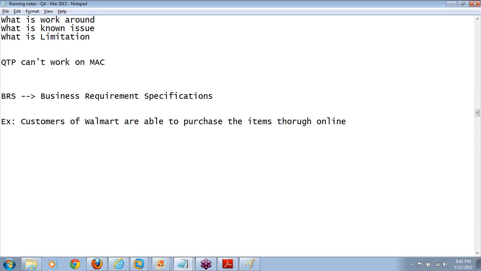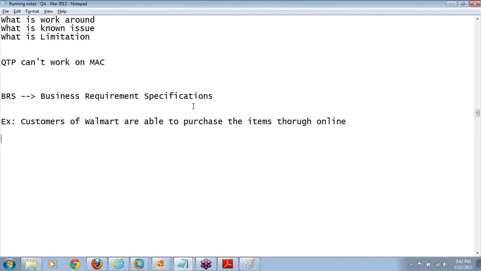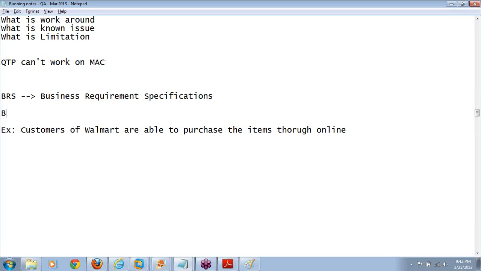for Walmart. Once BRS is ready, based on the BRS, FRS will be prepared. Who will prepare the FRS? Okay, in general, BRS is prepared by the business analyst only. BRS is documented by